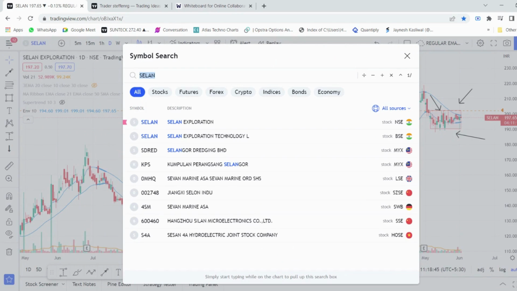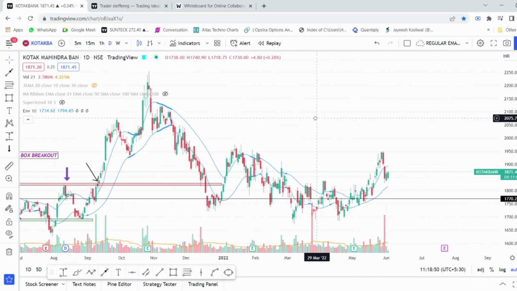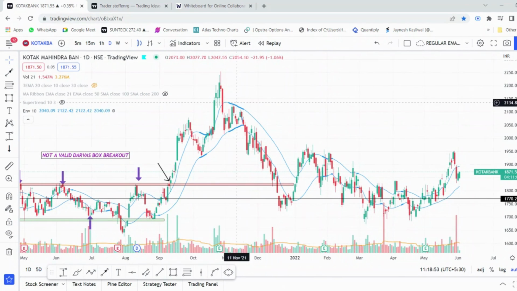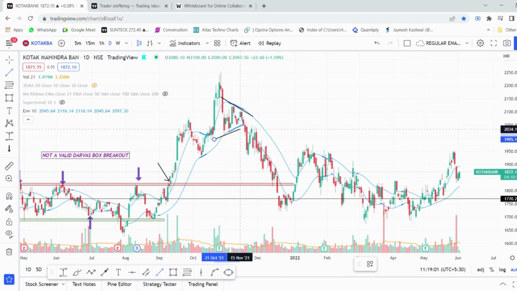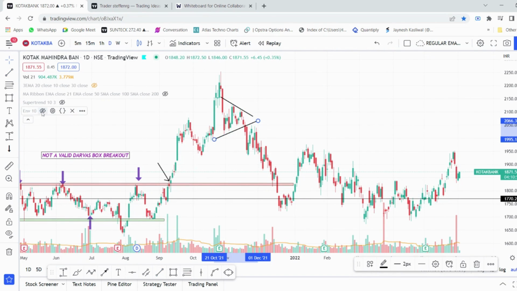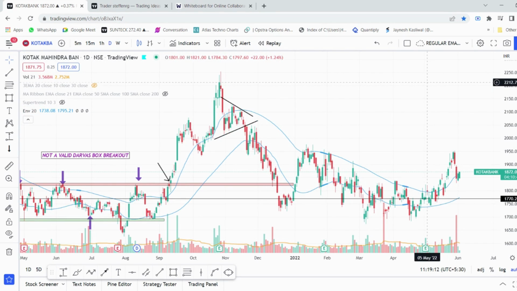Let's see one more example, like Kotak Mahindra Bank. Whenever we have a tight range breakout, for example, here we see the stock was trying to form a kind of triangle pattern. I will just hide that chart, right? So we can even change the length from 10 to 20. Then as we increase the length, definitely we will require a tighter contraction, and hence the more the data, the lesser will be the accuracy over a period of time.